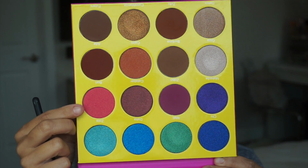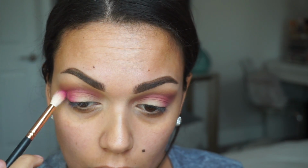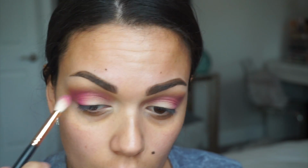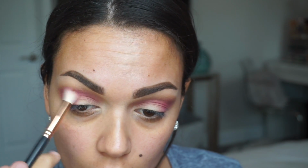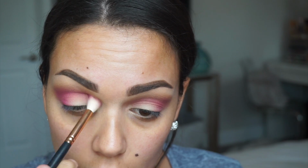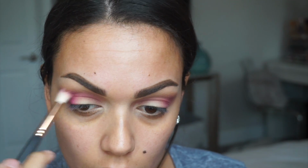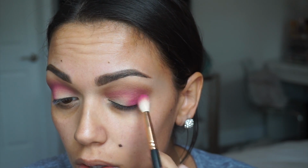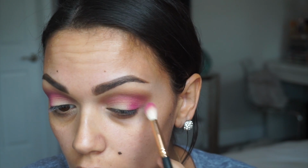So then going back into the palette, I'm going to be taking this color right here called Bori with the same R38 brush and just begin to pack that onto the outer lid and then brush that into the lower crease. This is a super hot pink kind of color, and it does have a little bit of shimmer in it, but it's not so shimmery that you can't use it as a transition kind of color, which is what we're doing here. So I'm just going to be using circular motions to pack that onto the outer lid and then taking the excess and dusting it into the crease just to blend everything out,